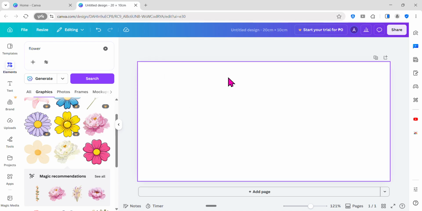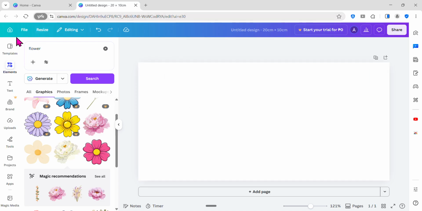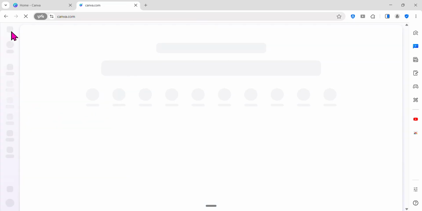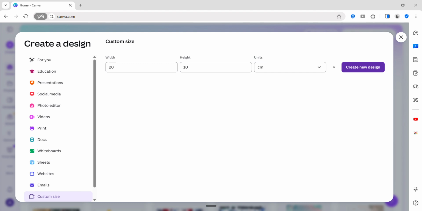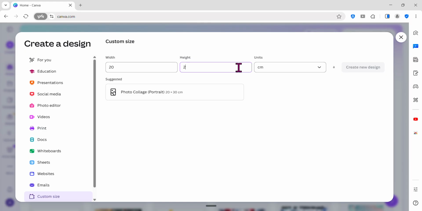So let's proceed. Just select this home or click this X. So this is a custom size. Let's use it for a certificate. Let's try 20 by 20.